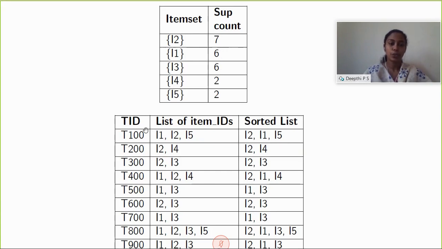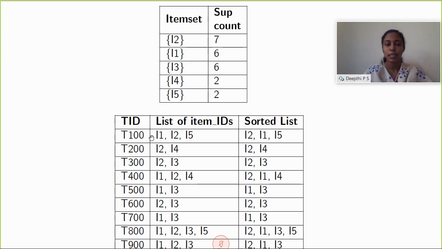Now we have to sort the items in each transaction in this order also. In the first transaction we have I1, I2, I5. Among these items, I2 has the largest support count, so I2 should be listed first, then I1 with support count 6, and finally I5.